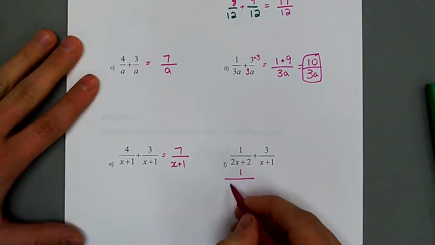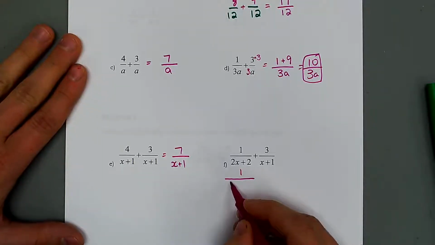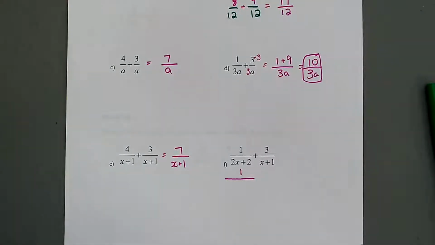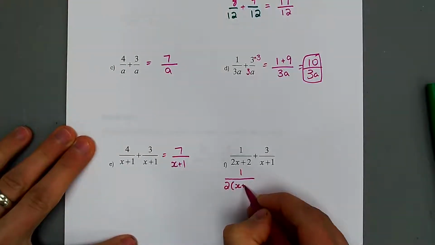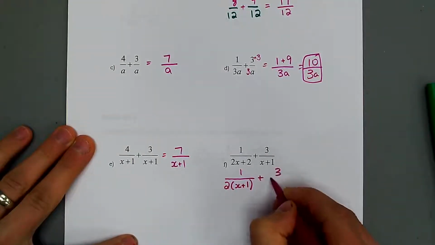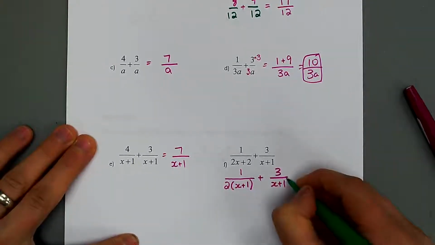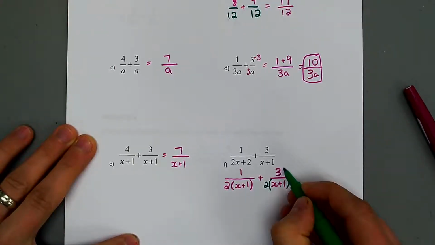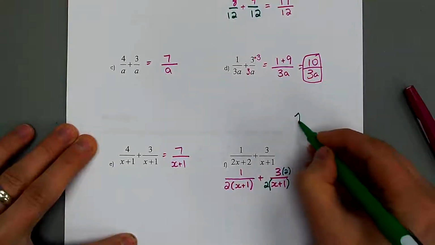But factoring has been a strategy employed before, and I'm actually going to do that again, because even though these look very different, at their core, at their sort of root, they share something. If I factor out a 2, I'm left with an x plus 1. Now if I factor out that 2, I can actually see they share something. They both share an x plus 1. If I write a 2 out in front, and I multiply this top right by a 2 as well, those denominators match. So sometimes, as a good tip,